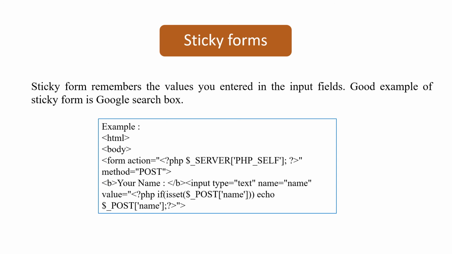To make a sticky form, you just include the value attribute for the text field, and selected or checked for the other elements. It is a technique in which the result of a query is combined with the search form, whose default values are those of the previous query.